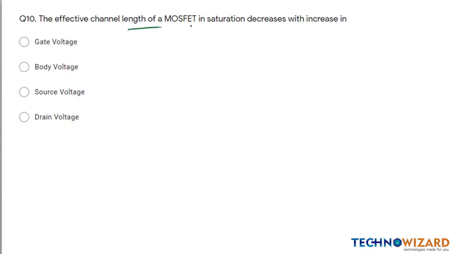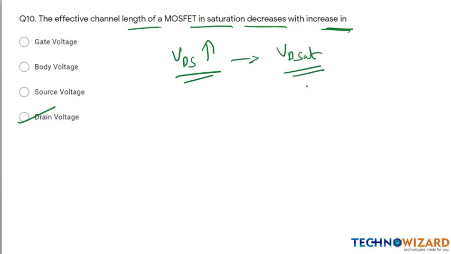The effective channel length of a MOSFET in saturation decreases with an increase in drain voltage. How can we see this? If we increase VDS, the drain-source voltage, as it reaches VD saturation, the inversion layer charge at the drain end becomes zero, and the channel will pinch off at the drain end. And when VDS is greater than VD saturation, then